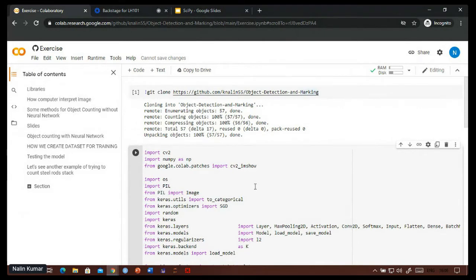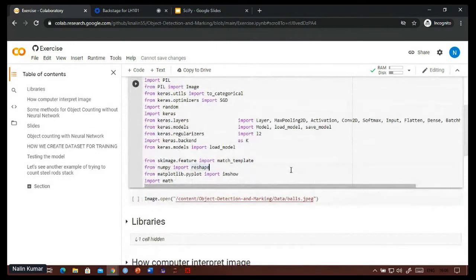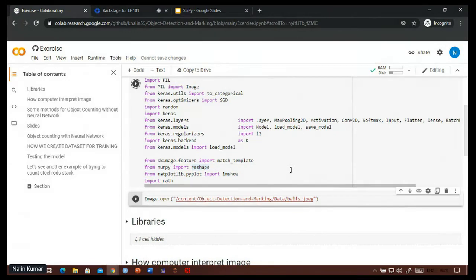We'll be counting objects in a really simple image with a really simple shape. A few assumptions: the objects we will be counting are all of similar shape, and the rest is allowed. They can overlap each other, and they can have different colors.